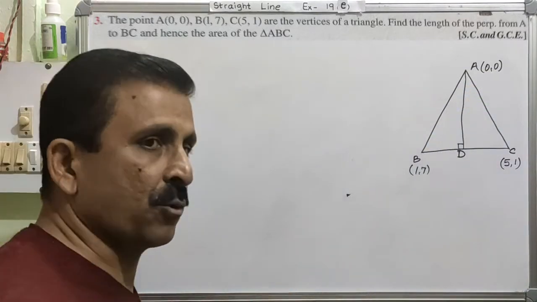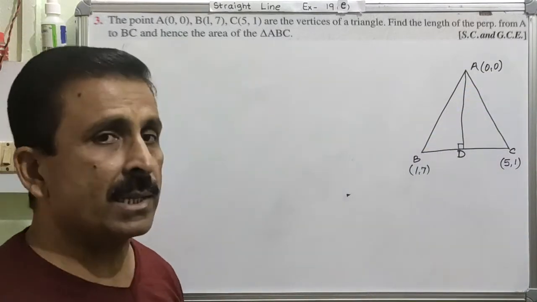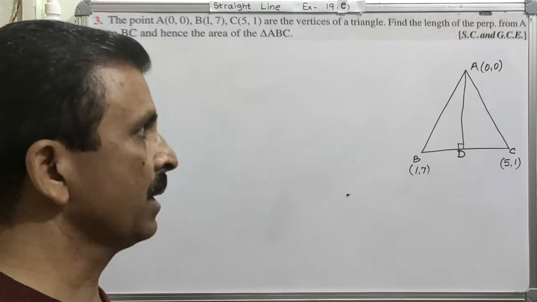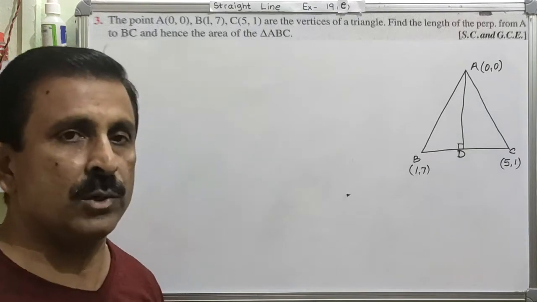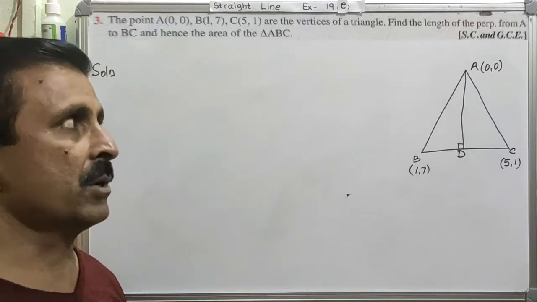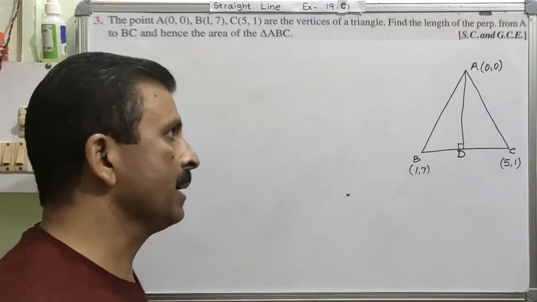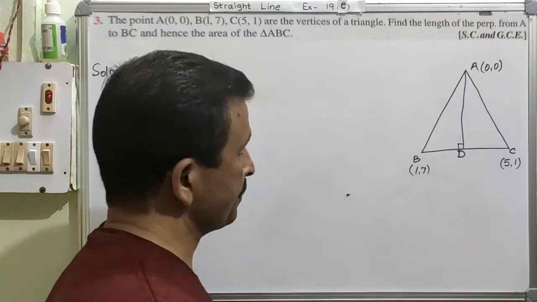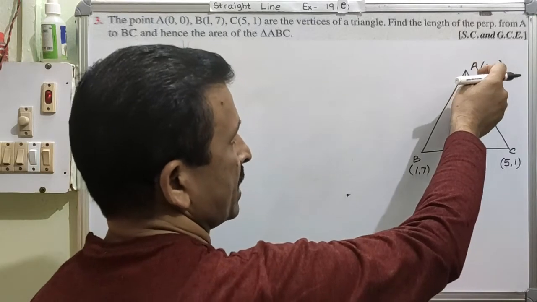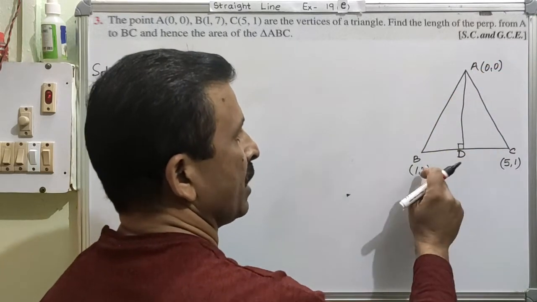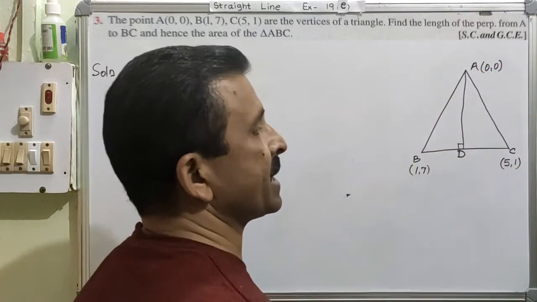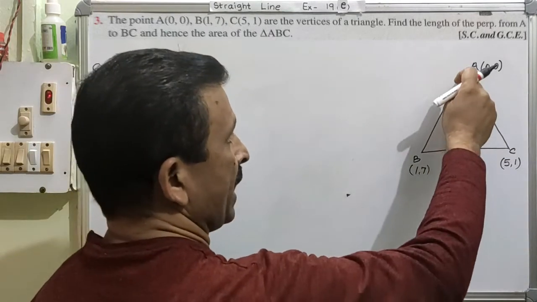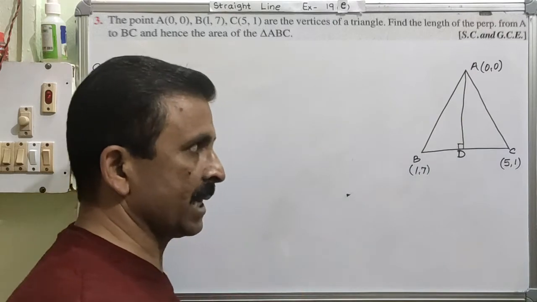Now, in the first 2 questions you have seen what information is required to calculate the perpendicular distance. For calculating the perpendicular distance, you require the equation and then you require the coordinate of the point. Now for this point, you are given the coordinate. Fine. But you have to find the perpendicular distance of A from BC. So we also need the equation of BC, which is missing. Am I very clear?